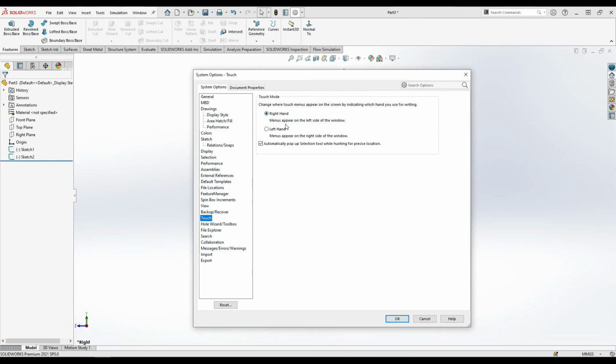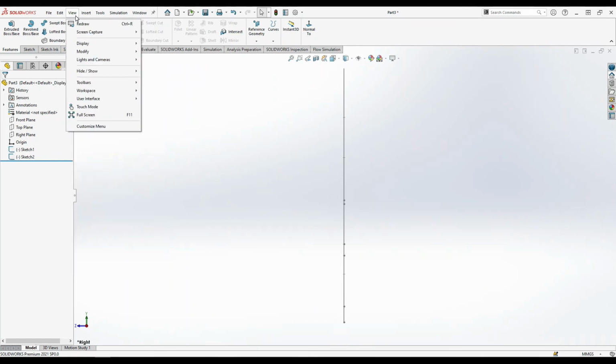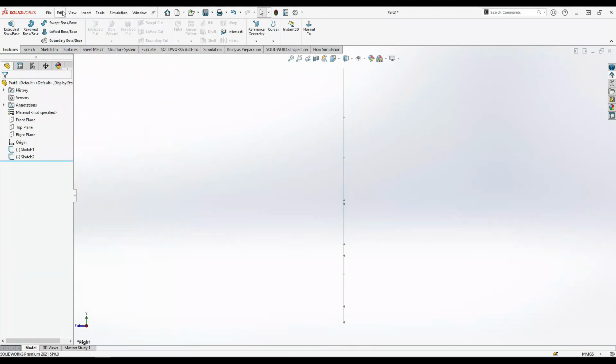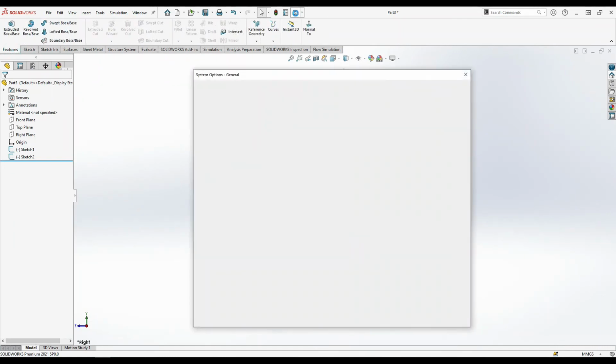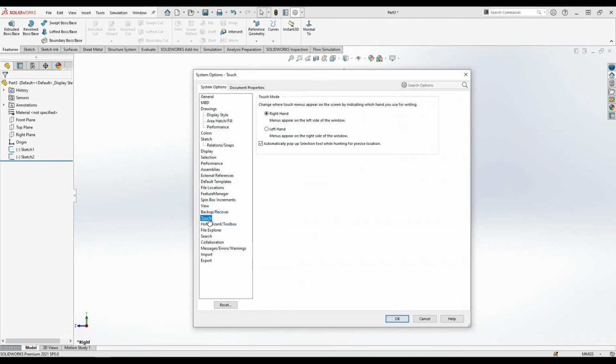Once you click this one, you can see whether it will appear on the right side or left side. It is very easy, and this is not the most useful.